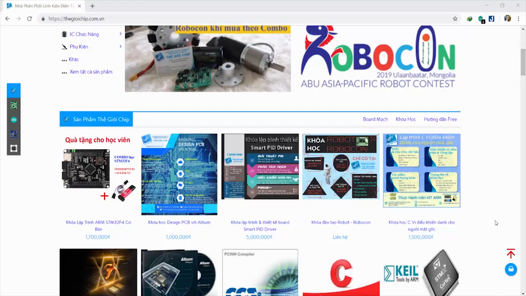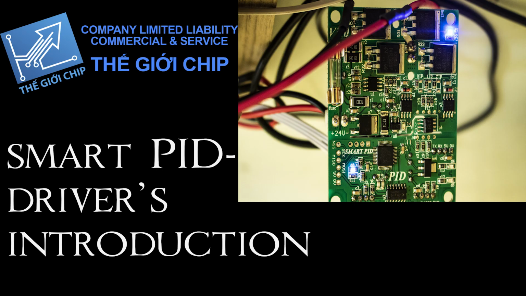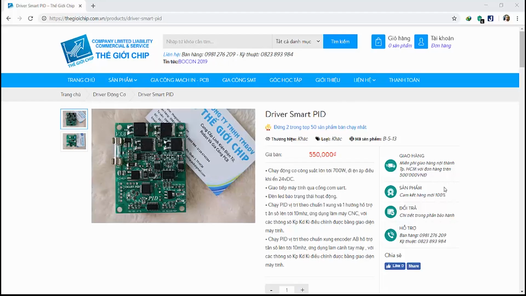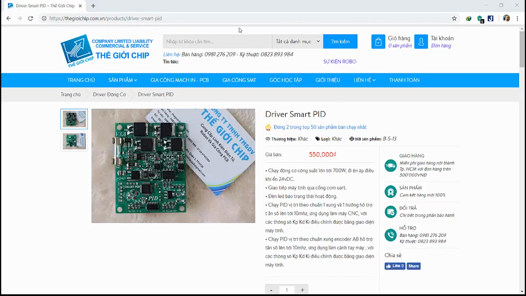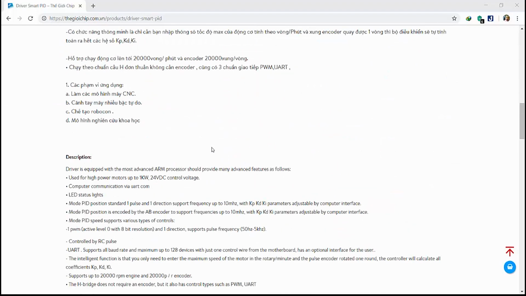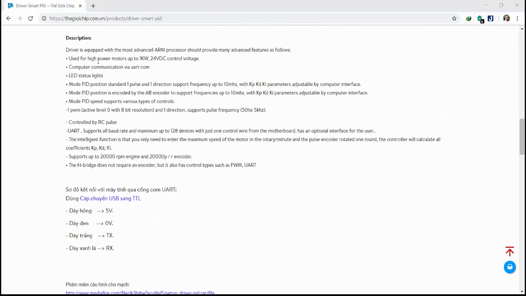In this video, I'm going to show you how to configure the Smart PID driver. So first, let's have a look at some key features of our product. Go to this link as I have shown in the comment and see what the Smart PID driver can do. After going to the link in the comment, scroll down to the description over here, so you can find out